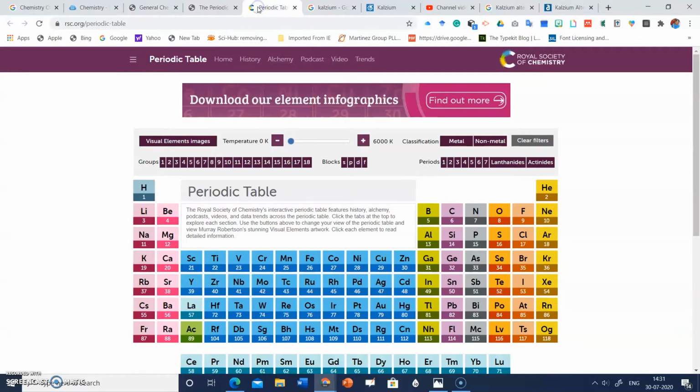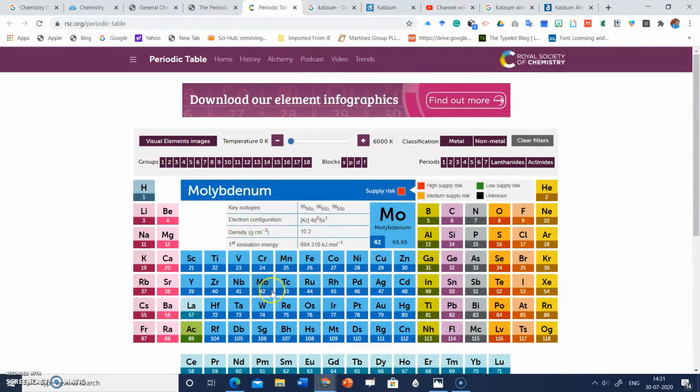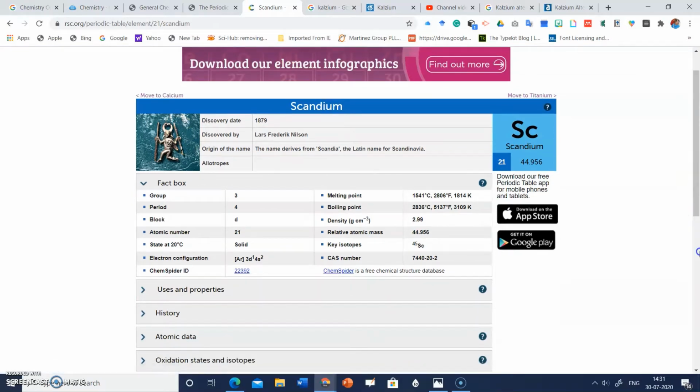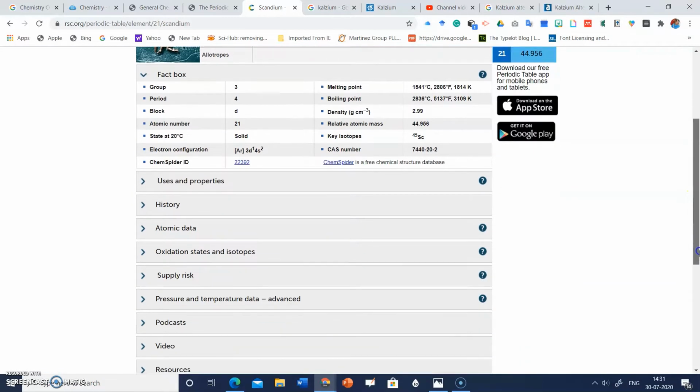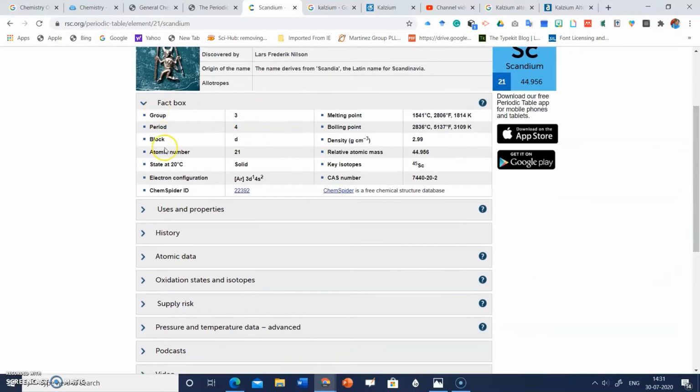Then there is one more interactive periodic table by the Royal Society of Chemistry. If you click on this, it will give you this interactive periodic table, and similarly you can explore the details of the elements by clicking on a particular element. When you click on a particular element, its details will appear and it will show you many other things also, about group, period, block, atomic number, uses and properties.